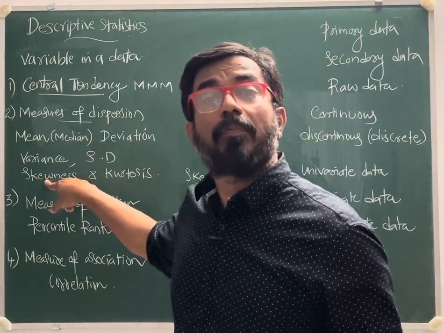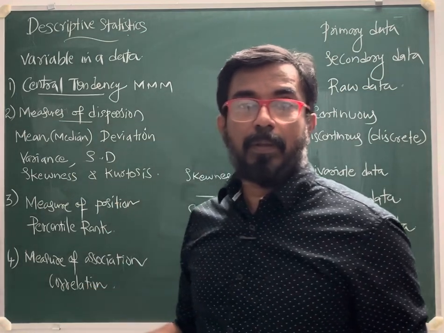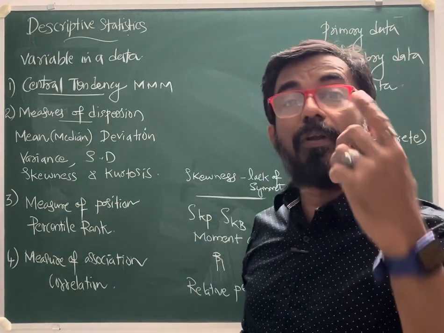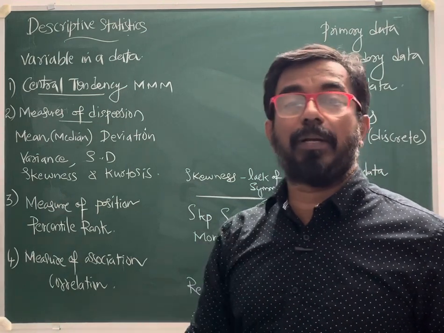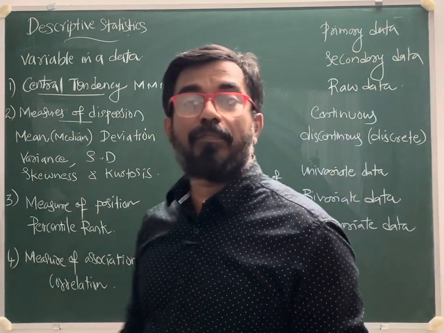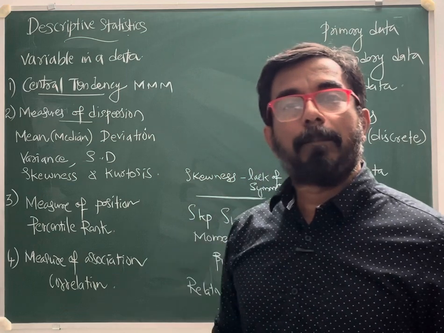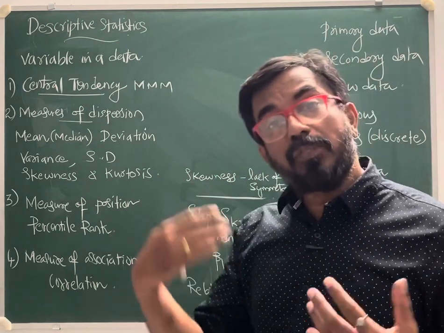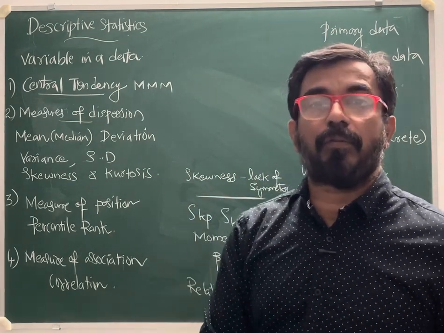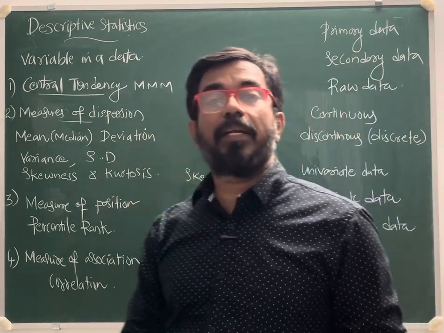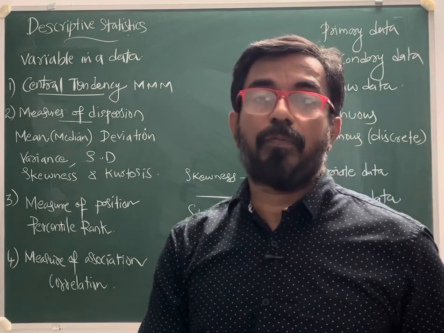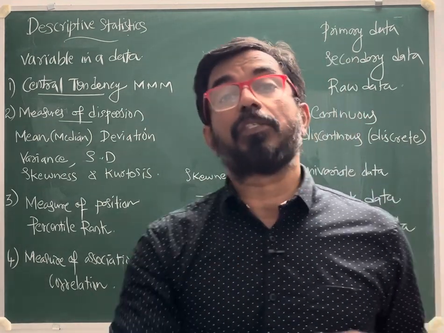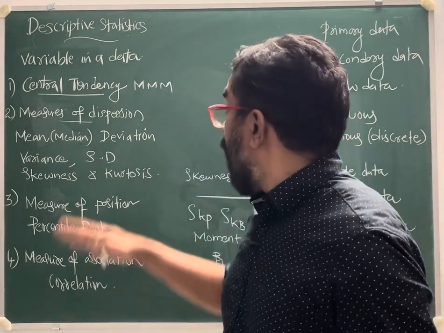That is the first thing. Then another type of measure is variance. With the help of the mean, again you will find xi minus x bar, the whole square. You have to square it and divide by the total number of observations, n. That is variance. And this variance, if you find the square root of it, then it is called the standard deviation. So standard deviation is the square root of variance, or variance is the square of standard deviation. And then we have